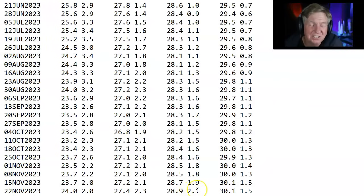It really is. So the official way to grade it is 0.5 degree above normal is minimal El Nino, but it's got to be for 3 consecutive months. 1 degree or greater is moderate El Nino. 1.5 degrees, you can see we've been easily in 1.5 degrees since the end of August, end of September. So in